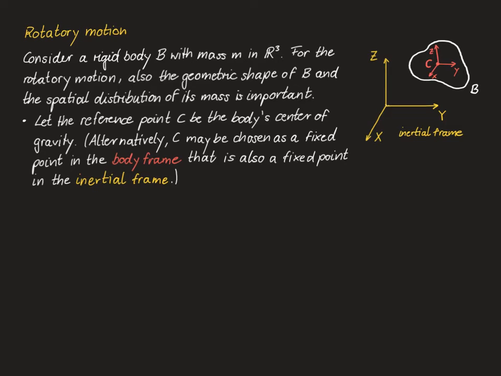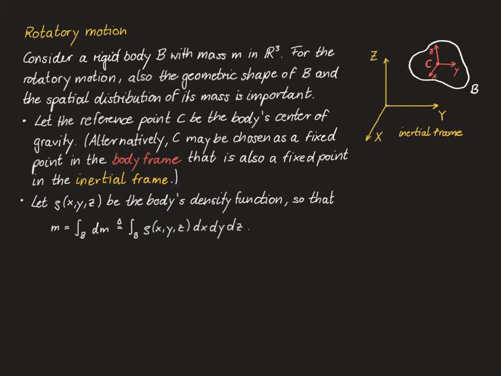So note that from here on, we'll be working with two different coordinate frames. The body fixed frame, which is drawn in red here, and which has the lowercase coordinates x, y, and z, and the inertial frame in yellow, which has the uppercase coordinates X, Y, and Z. The spatial distribution of the mass of the body B is assumed to be given by its density function, rho, which is a function of the body coordinates x, y, and z,